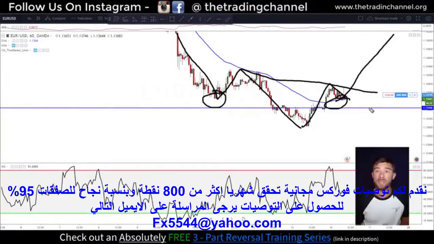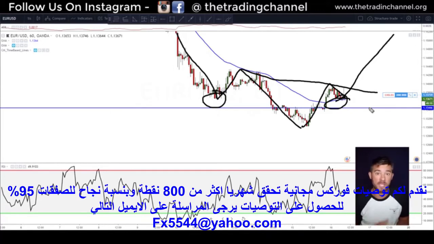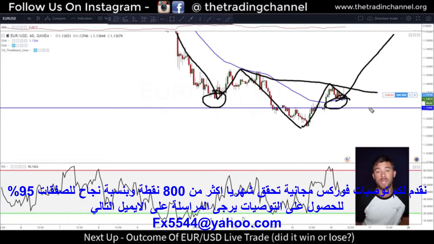It leads me to believe that I have somewhere between a 60 and 70% chance of this market heading higher. That 30 to 40% chance of it heading lower still exists. That's why I have a risk management plan. That's why I have my stop losses in place. I'm ready for this market to go against me, but I'm also in a position to have a statistical advantage over the market. And as long as I do that consistently over a long period of time, then I know for a fact that over a long period of time, I will be consistently profitable.